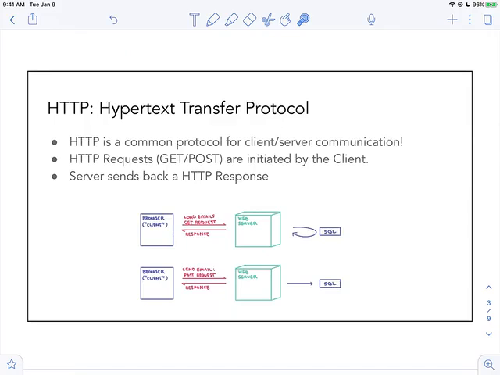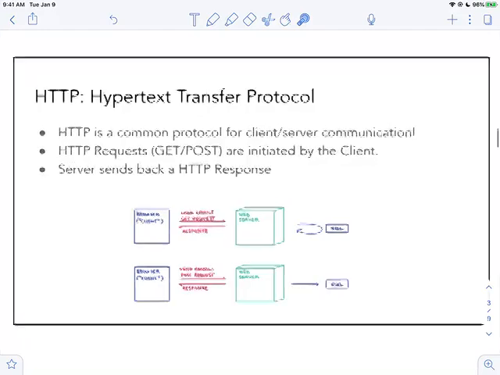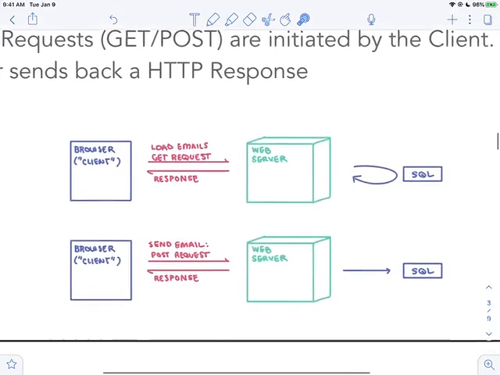HTTP is a super common protocol for client-server communication. So every time you load a website, a GET or POST request or some other type of HTTP request is made by the client, which is your browser, and the server sends back an HTTP response. So what does this look like? Well, let's take a look at this example where we are